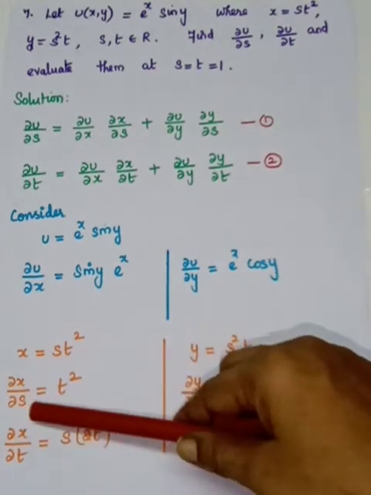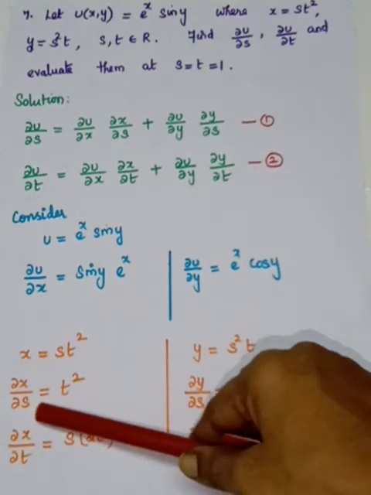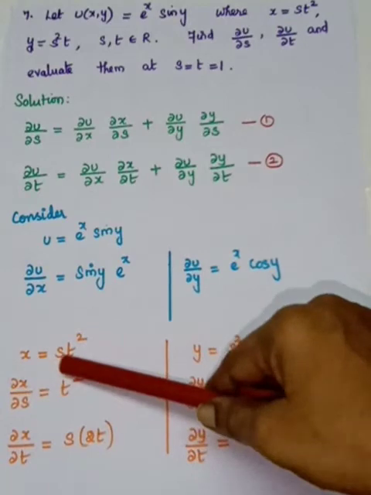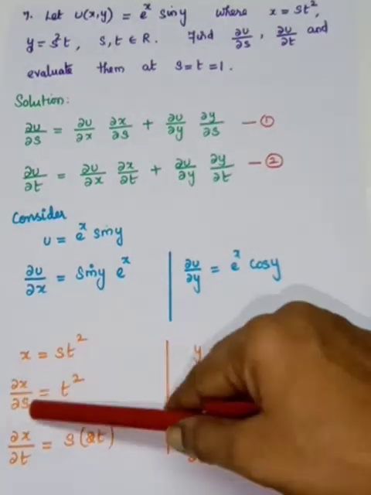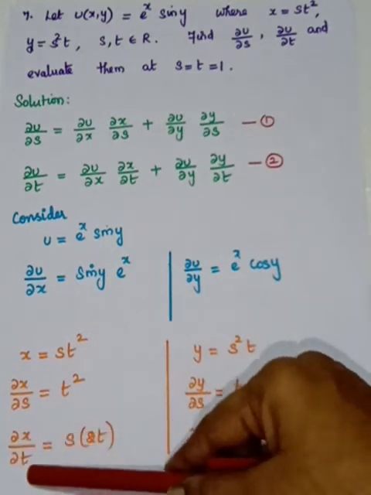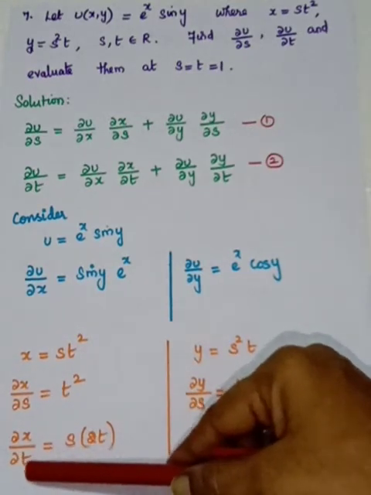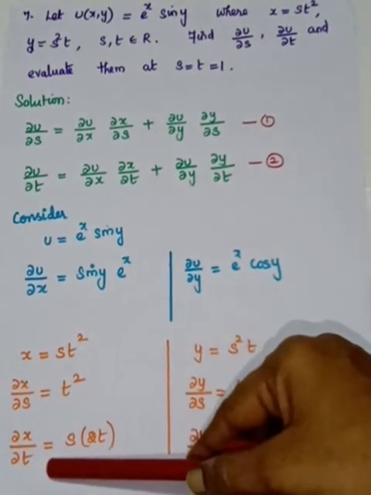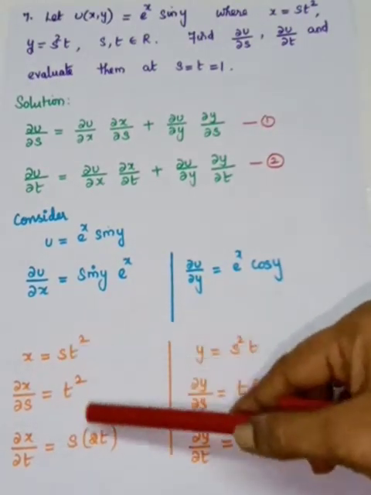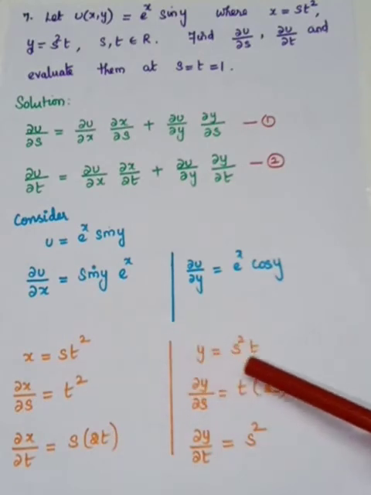Then it will be easy for you to do the differentiation. So with respect to s you have to do. So what is the constant? t² is the constant, so t² is written out. What is remaining here? s. If you differentiate s with respect to s it is 1. And go for ∂x/∂t. You have to differentiate with respect to t. What is the constant? s is a constant, so s is written out. What is the differentiation of t²? It is 2t.